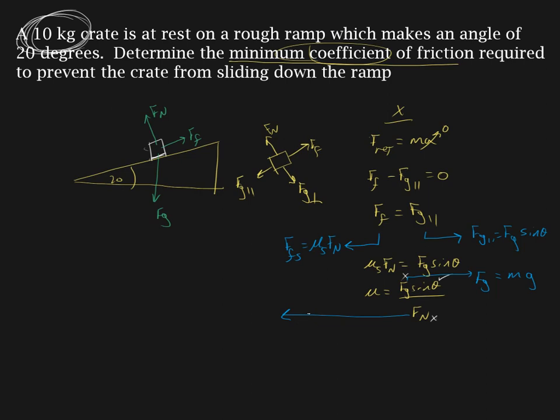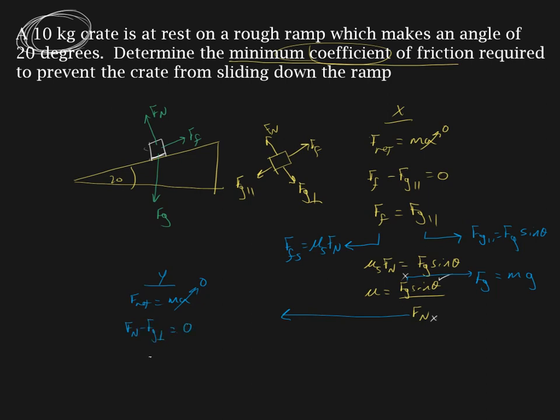The normal force is going to have to come from the y dimension, and so we'll use Newton's second law in the y dimension. And so for that we get F net is equal to ma, and in the y dimension, that's perpendicular to the ramp. We know that there's no motion, and therefore it's an equilibrium. And so we can also write the normal force minus Fg perpendicular